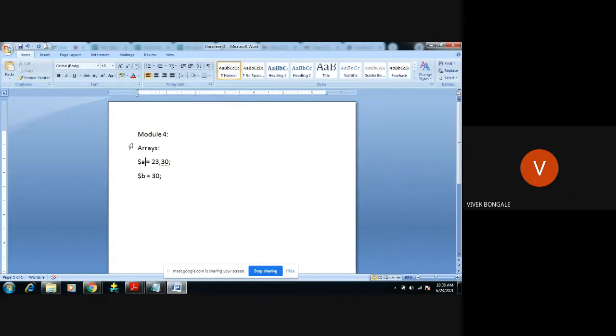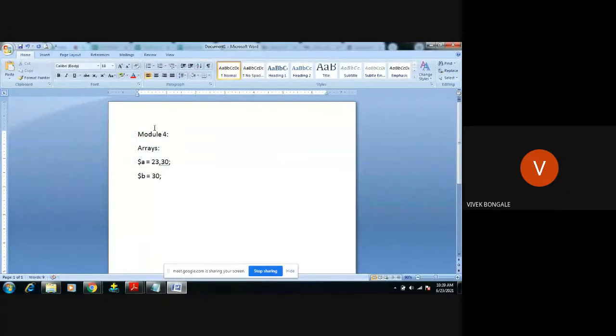Arrays will allow programmers to assign more values to a single variable. So we can achieve this by using arrays.